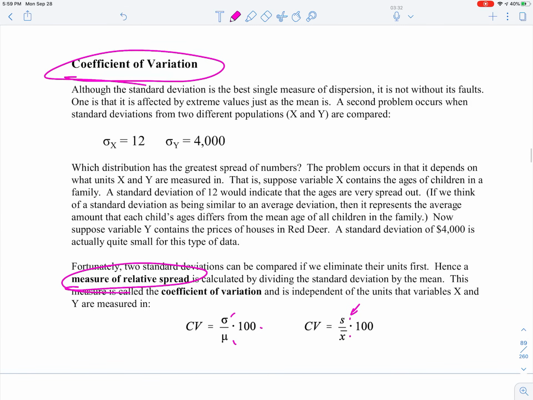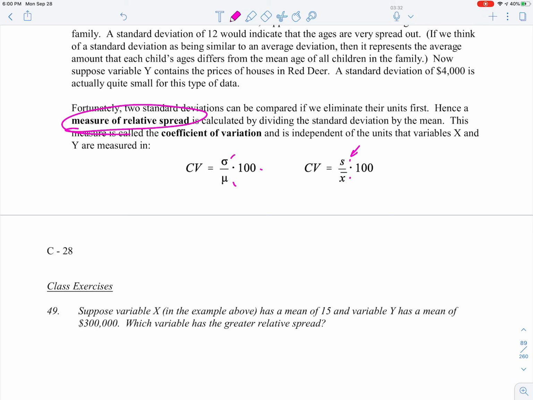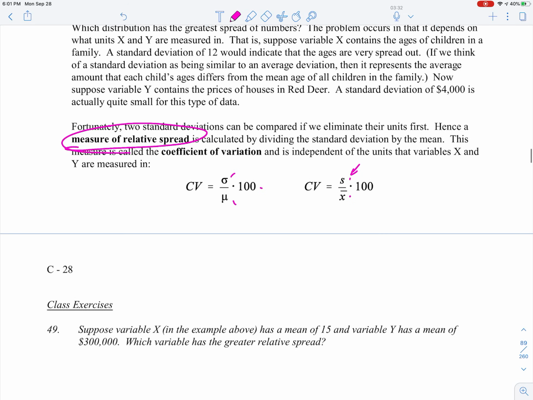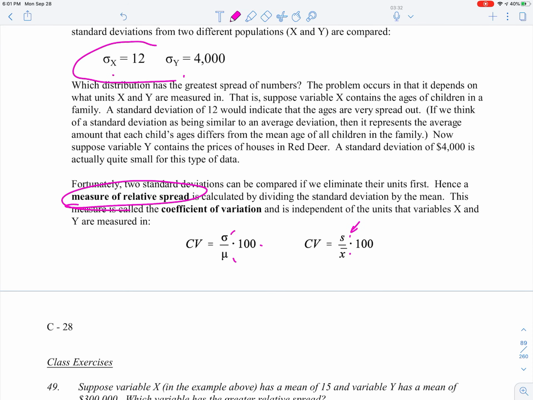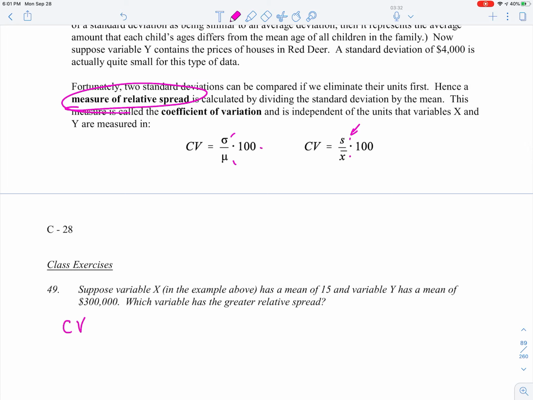So let's take a look at what we've got here. Suppose this is class exercise number 49 on page C28. Suppose variable x in the above example has a mean of 15, and variable y has a mean of 300,000. Which variable now has the greater relative spread? Let's take a look at family x. Remember, we're using the standard deviations up here, 12 and 4,000. So the coefficient of variation of family x would be the standard deviation divided by the mean times 100. In this case, it would be 12 divided by 15 times 100,